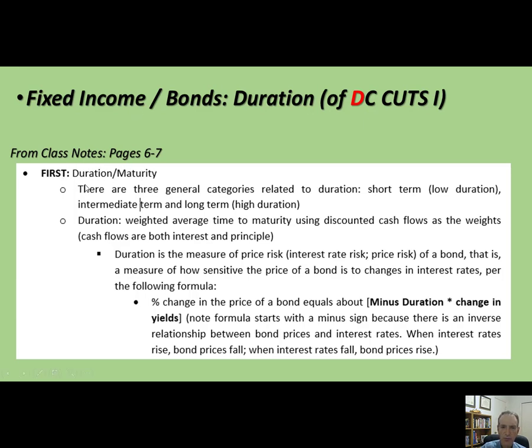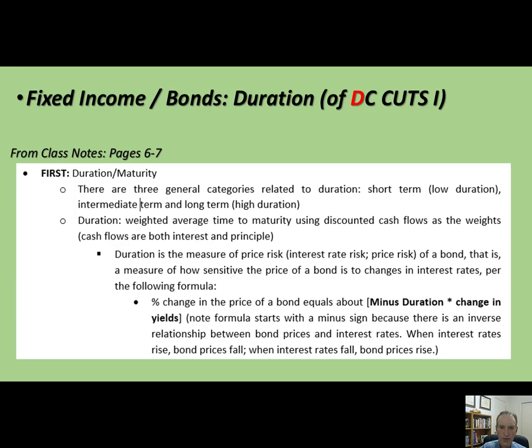However, the fixed income world likes duration better. It's a better, more effective measure of the risk of bonds. So remember what we've got to do here, and you got to keep this in mind with every one of these on DC Cuts I. You want to be able to define it. So we're going to define it here. You want to know the subcategories. So here are the subcategories. And then you want to talk about the strategy. So on the next few slides, we'll talk strategy as well. So I'm going to skip it a little out of order. Let's first talk about the definition.